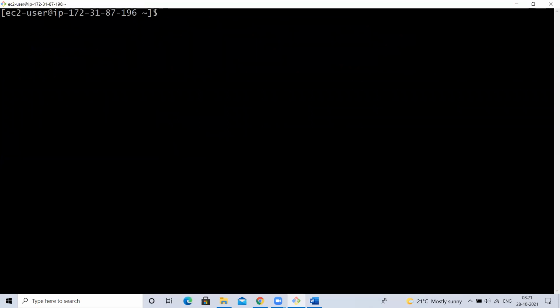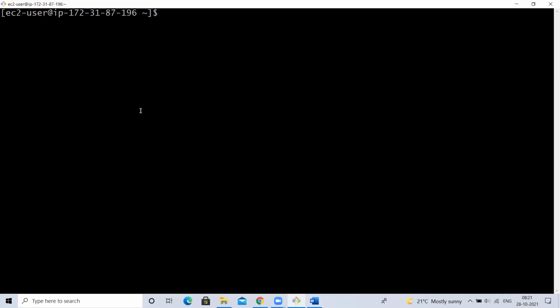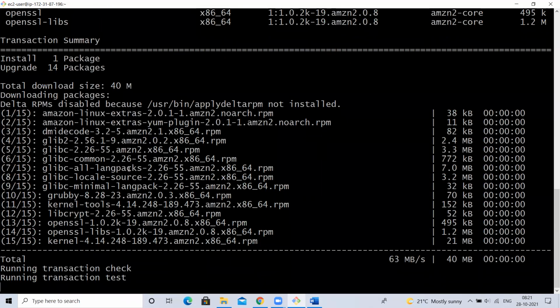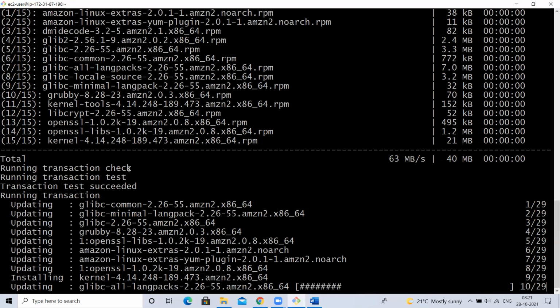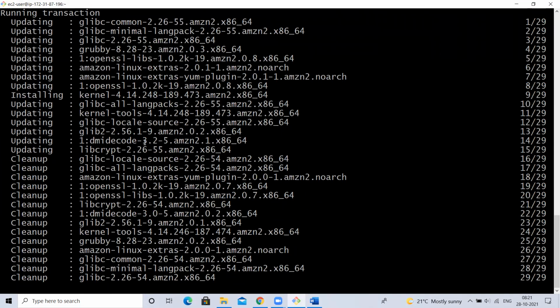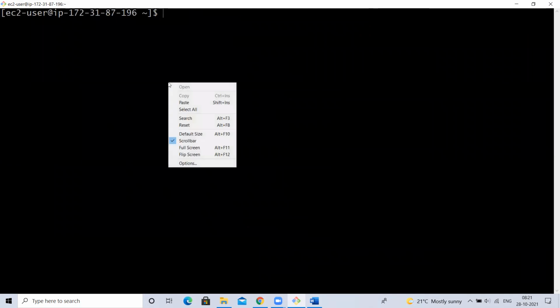Okay, I connected here. So I don't have Java. So how to install Java? Because Tomcat requires Java, right? So I'm going to install Java. So first sudo yum update -y. This is better to do for all the machines. Let me do this. If we do update in this Linux, the libraries will get updated. There will be some libraries, those will get updated.